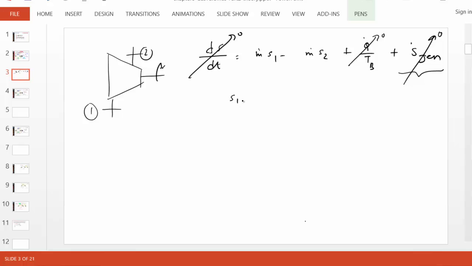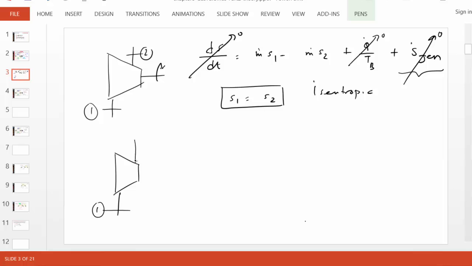So therefore S1 equals S2, or the isentropic condition is reached. Whereas suppose the compressor is an actual compressor and we call the exit state to be state 3